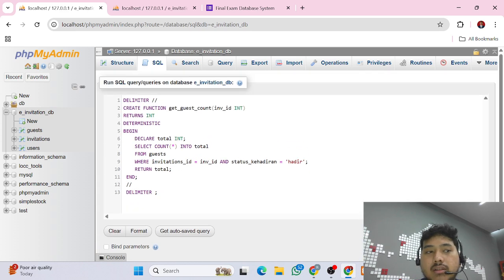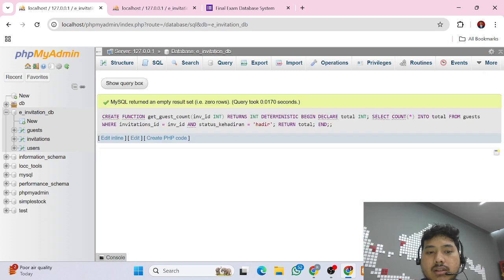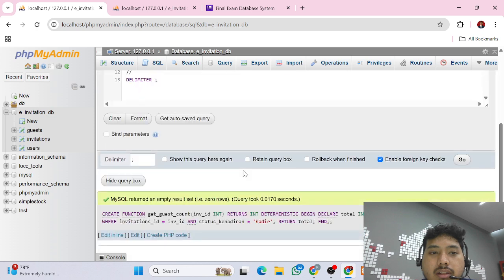Okay, let's try. We already made the function get guest count. Okay, let's try again. This function name is get guest count.